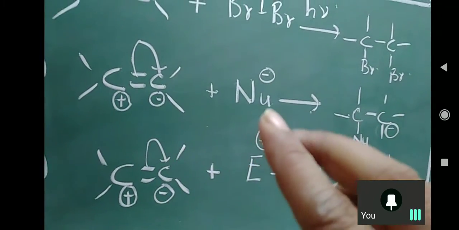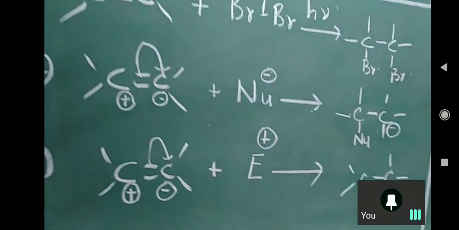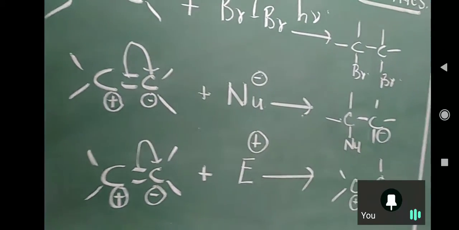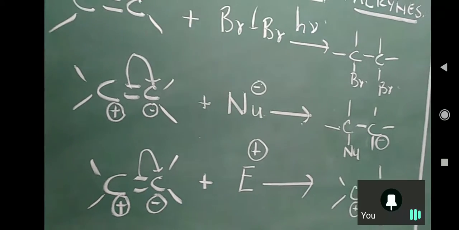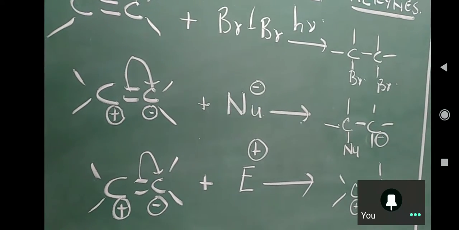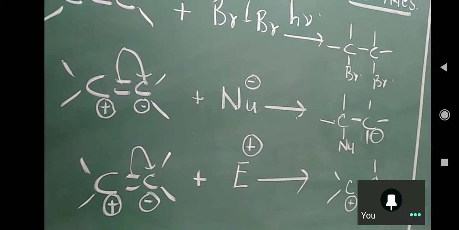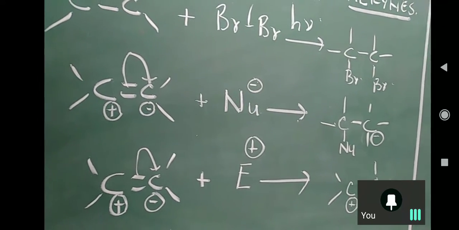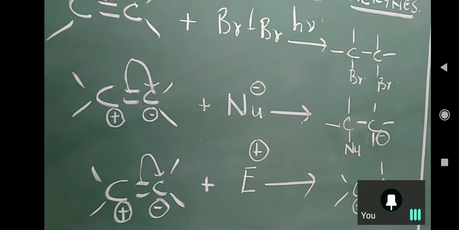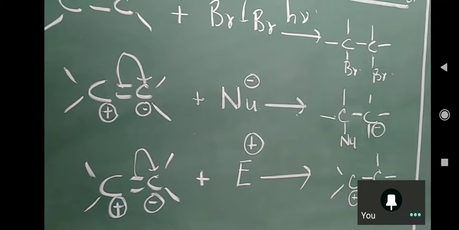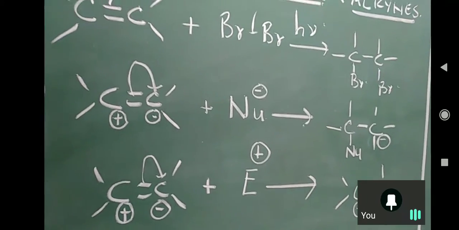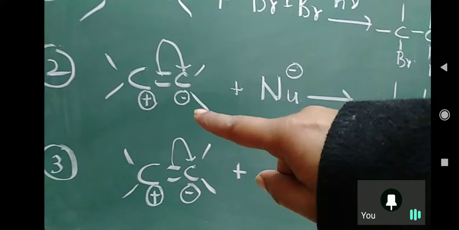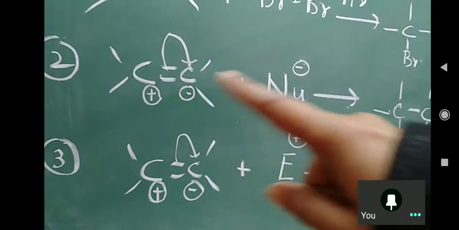Okay. Instead of taking a nucleophile directly, where will you get it? You can't store Br minus or OH minus in a bottle. They are also produced within the reaction with the help of reagents. I will take HBr. It will break by heterolytic fission into Br minus and H plus. Am I right? So Br minus will get attached to the positively charged carbon atom and H plus will later get attached here.